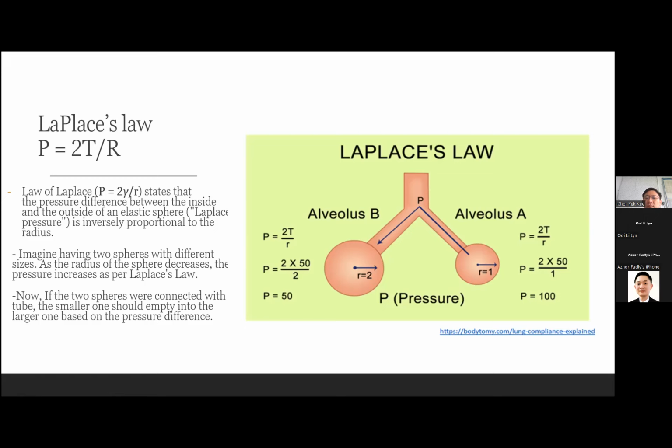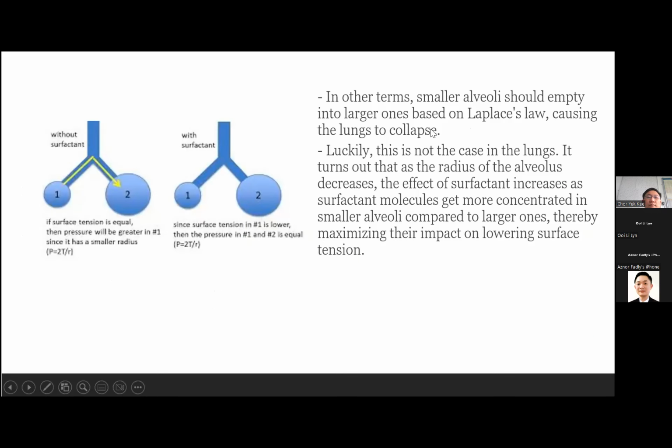So does it happen this way in our lung, that whenever there is higher pressure in an alveolus, it will collapse into the second alveolus? No, right? Laplace's law is telling us that this should happen, whereby the lung would collapse into the other alveoli because of a difference in the pressure. But luckily, there's one magic thing that we have, which is surfactant. So look at the first picture. When there is no surfactant lining, the surface tension is actually equal between alveoli 1 and alveoli 2. So when they have equal surface tension, the alveoli